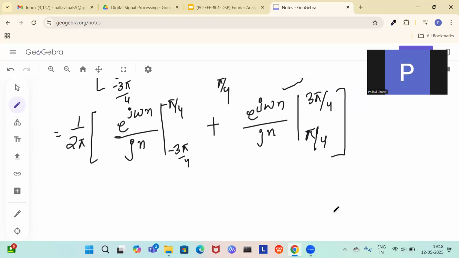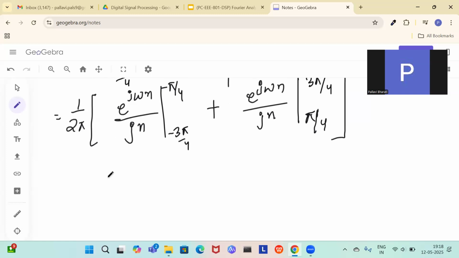You put the values now. So these values are for what? For omega. So what you can do is put jn outside, 1 by 2 pi jn. Now inside you will put the values of the limit. So it is minus j